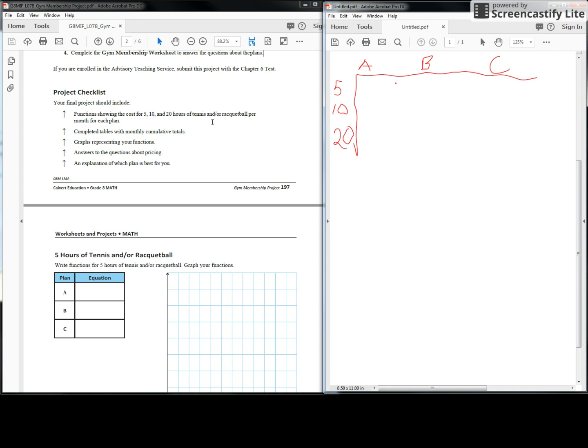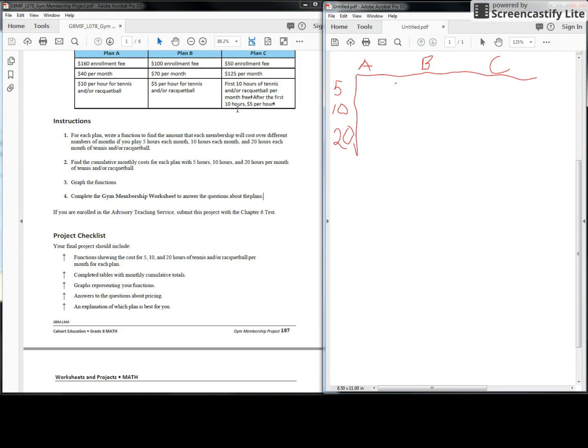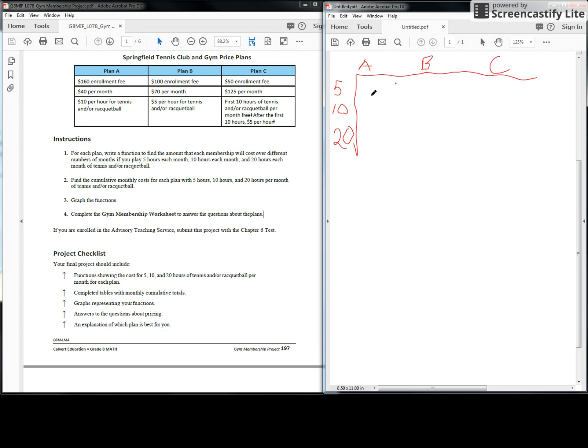So we want to go to Plan A and make an equation. And so the equation, as you all know, I really like our equations to be in y equals mx plus b form, because we're talking about linear equations here. So for Plan A, for 5 hours of racquetball, we're going to have y equals